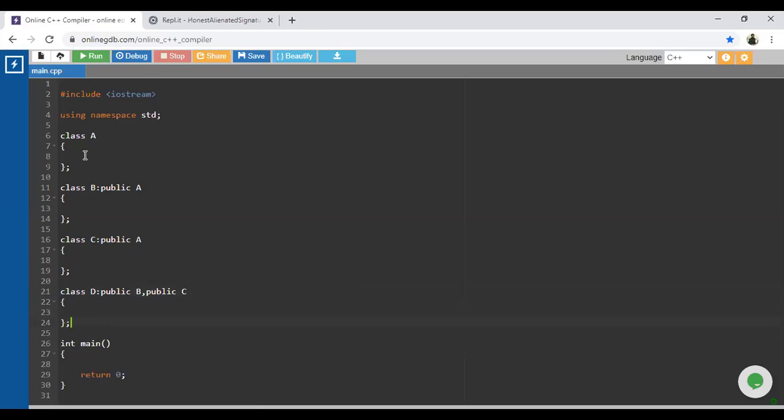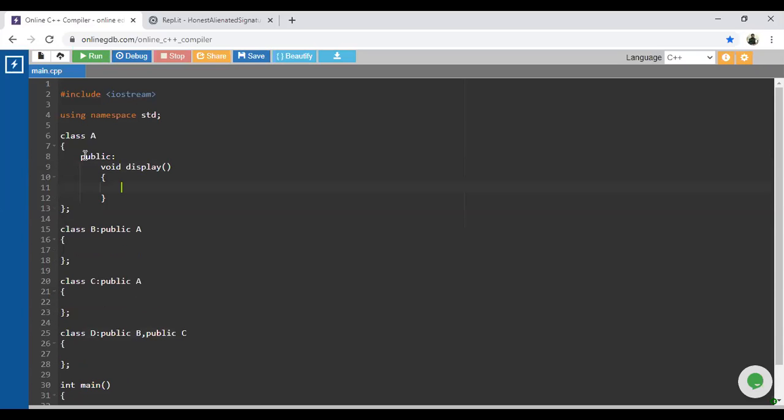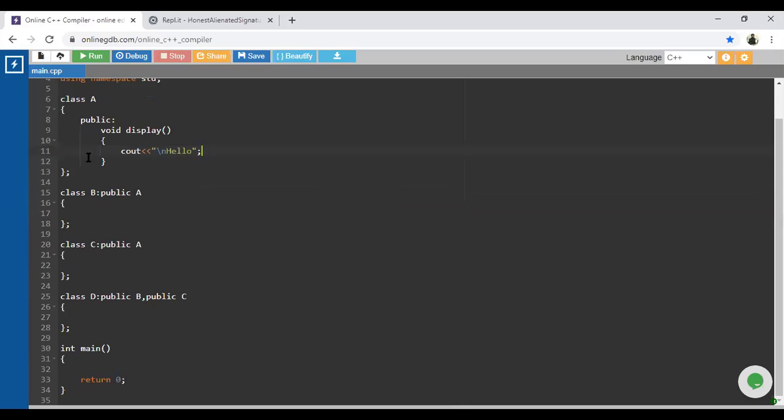So assume that I will write one simple function inside this class A. Assume that I want to display hello world with the help of cout inside the base class. Now my question is, is this particular method available inside the class B?